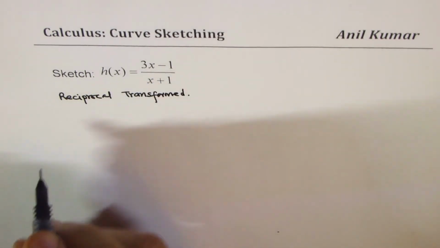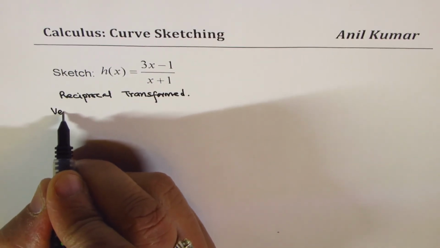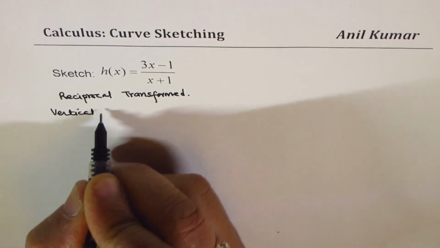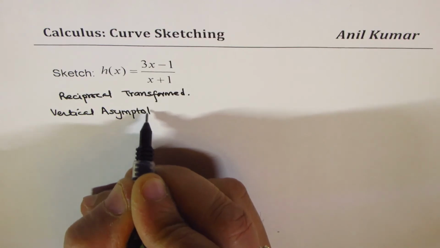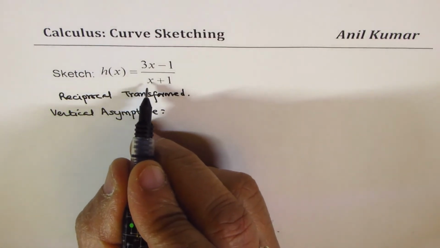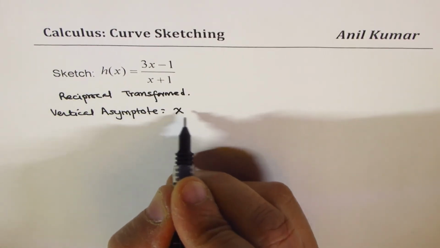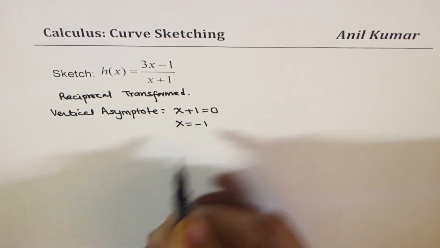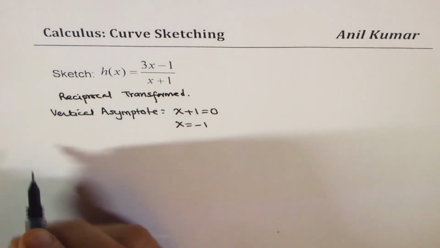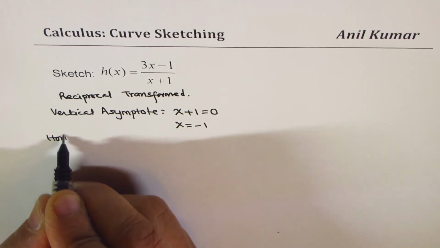So what is important for us to find is the vertical asymptote, which is when the denominator is 0. So when x plus 1 equals 0, it is at x equals minus 1. Okay? And then we have to find the horizontal asymptote,